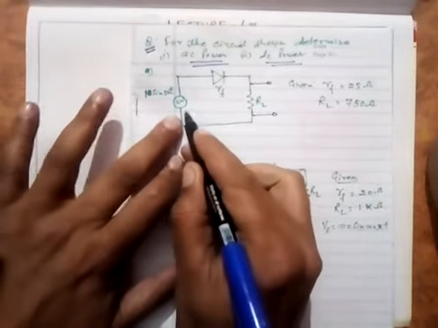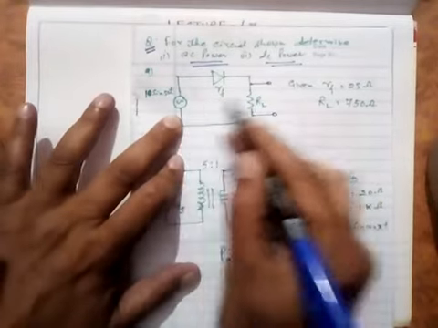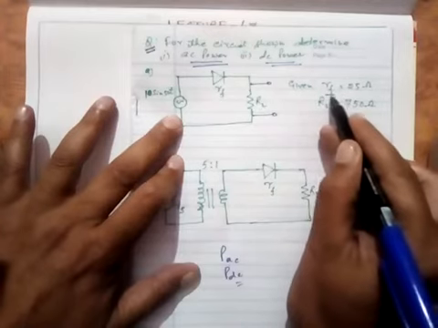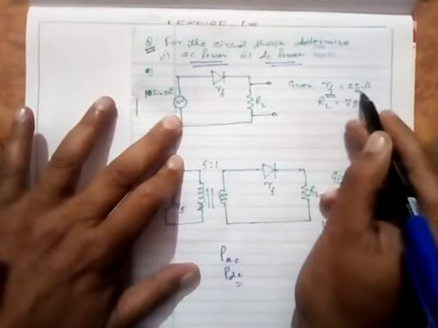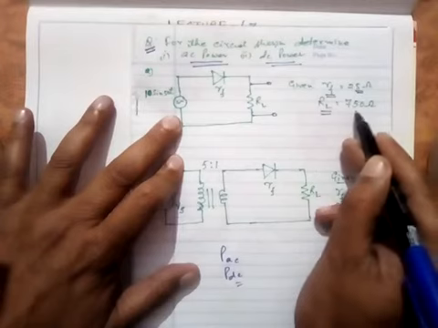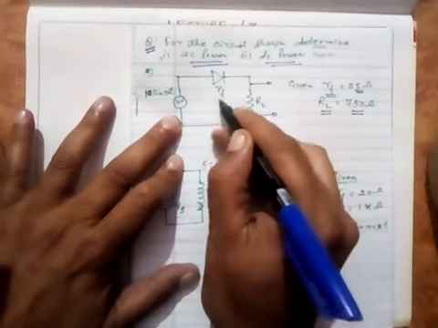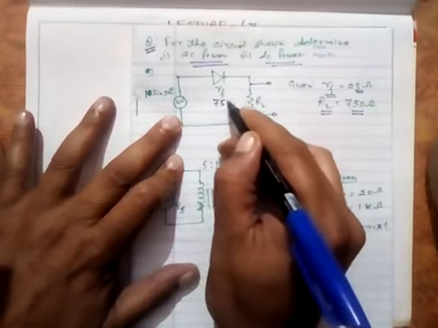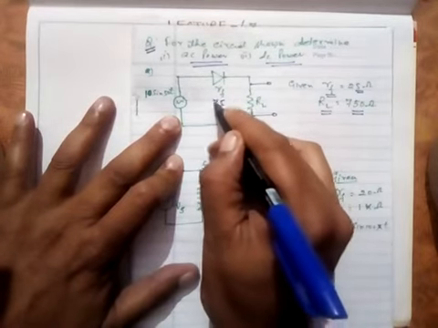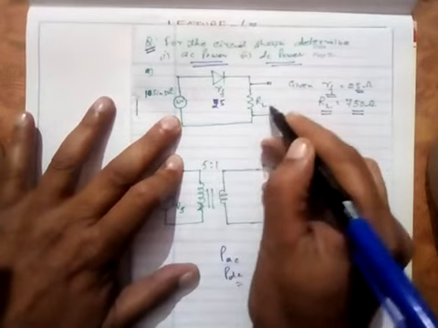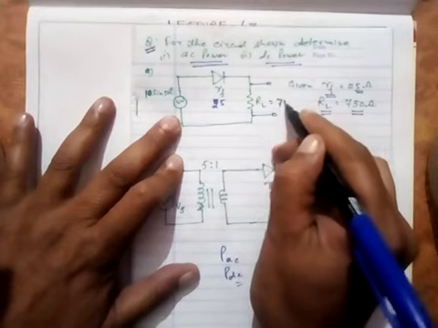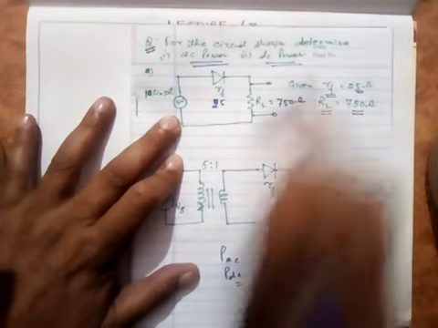Now here this rectifier is shown to you first of all. In this problem, given that RF is equal to 25 ohm and this RL is 750 ohm, means this RF, forward resistance of this, is given to you. This is 25 ohm and this is 750 ohm, which is given to you.